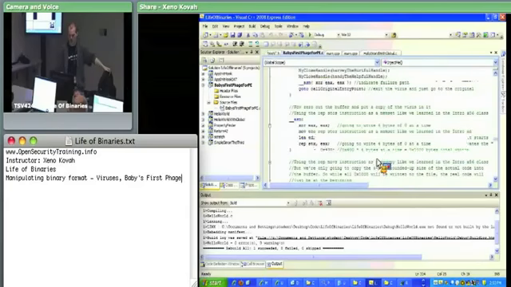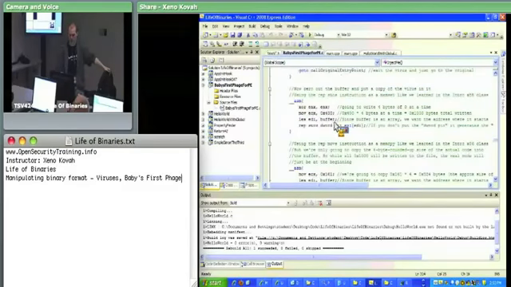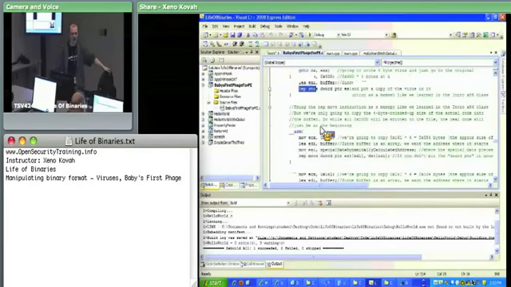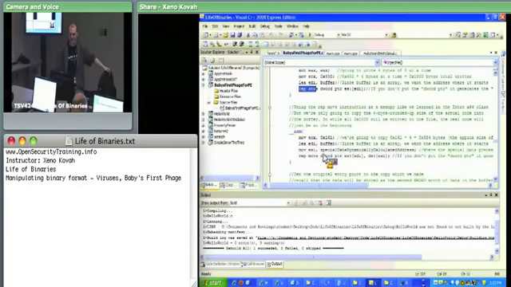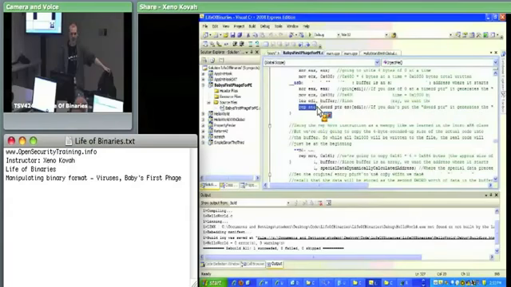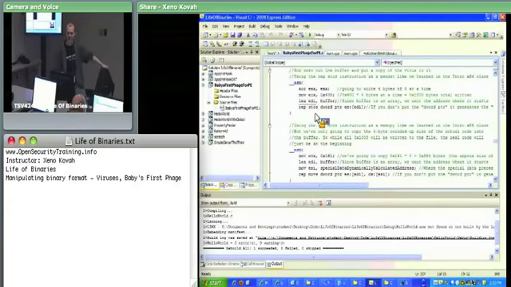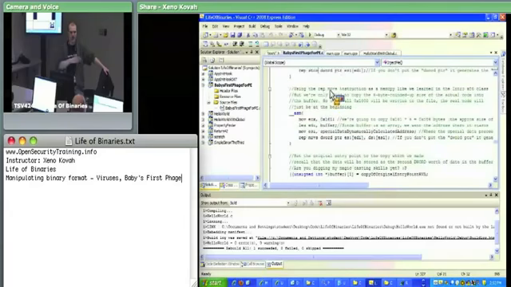So what we do is we just create a buffer, and we use those rep stos and rep movs instructions that you learned about in the intro x86 class. So this will be good review for you later when you're reviewing this code, to go back and understand why a rep stos is sort of like a memset and why a rep movs is sort of like a memcpy. But anyways, we memset our buffer to 0, and then we memcpy our virus into the